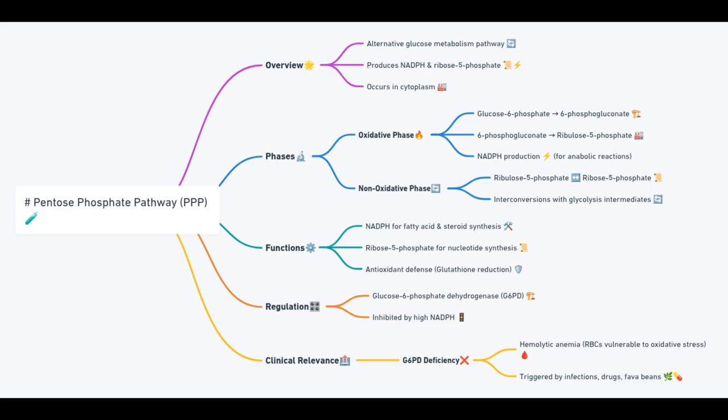So those are the two non-oxidative stage pathways that you can think of in the PPP. The summary is simple: three 5-carbon compounds to two 6-carbon compounds and one 3-carbon compound. When it comes to the regulation of the pentose phosphate pathway, the dehydrogenation of glucose 6 phosphate